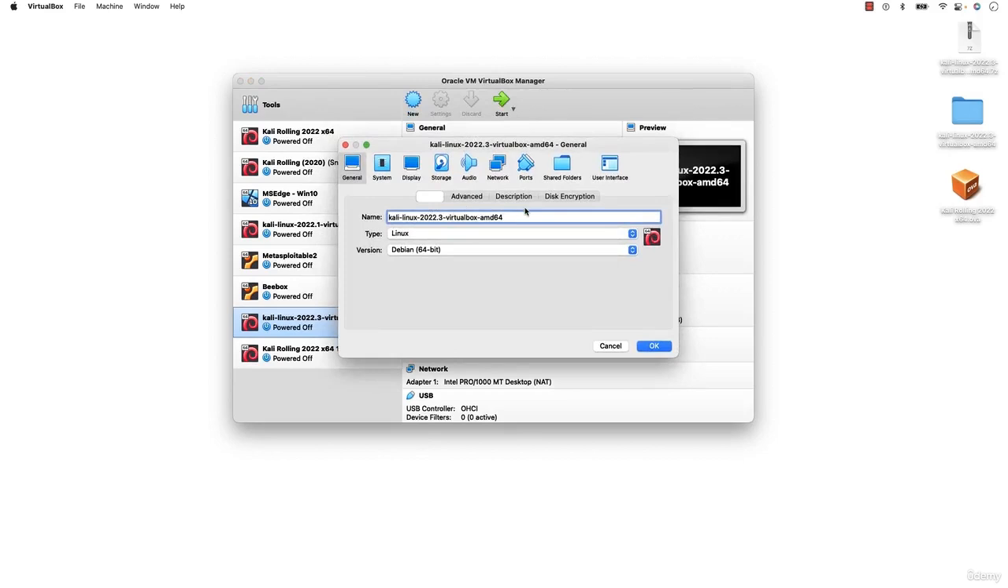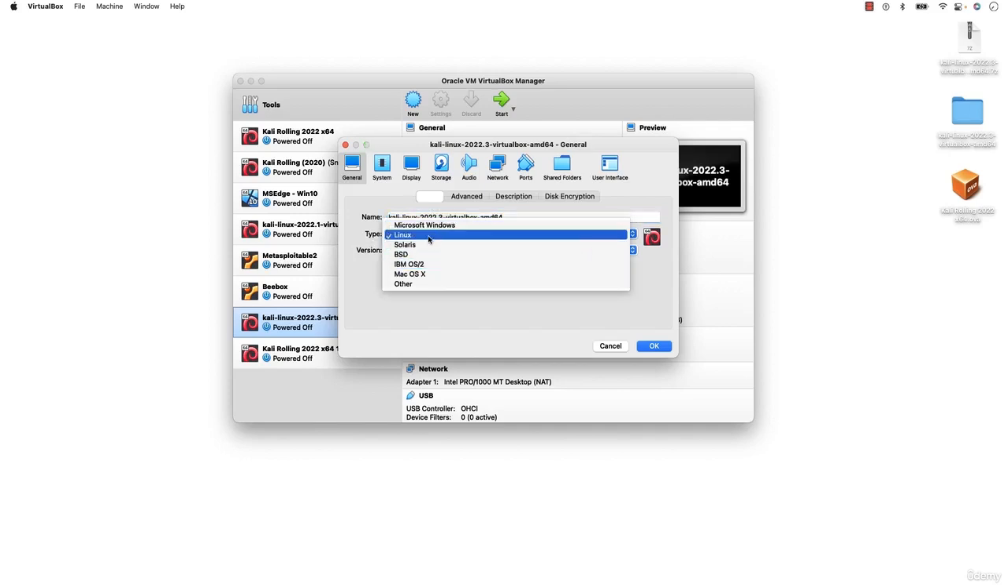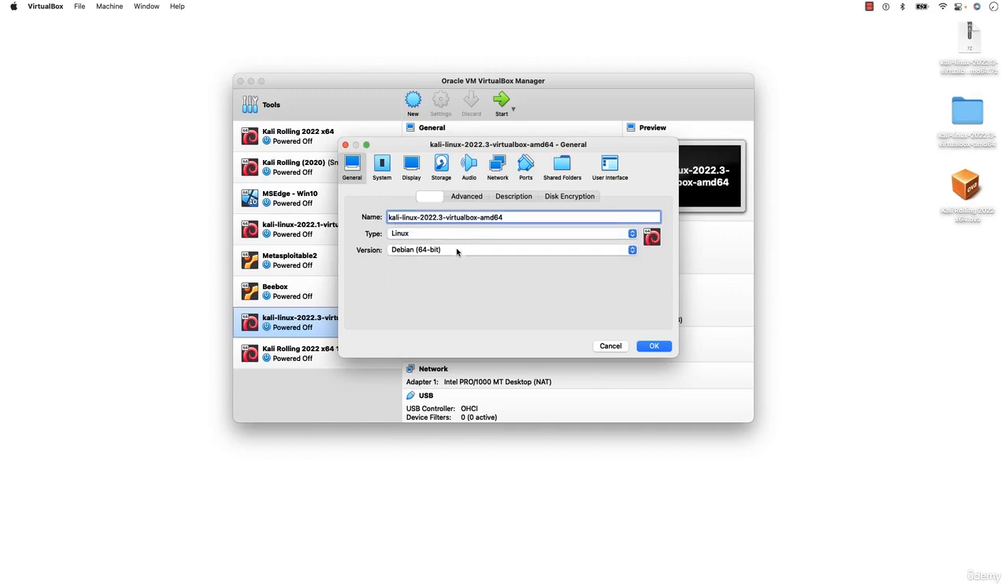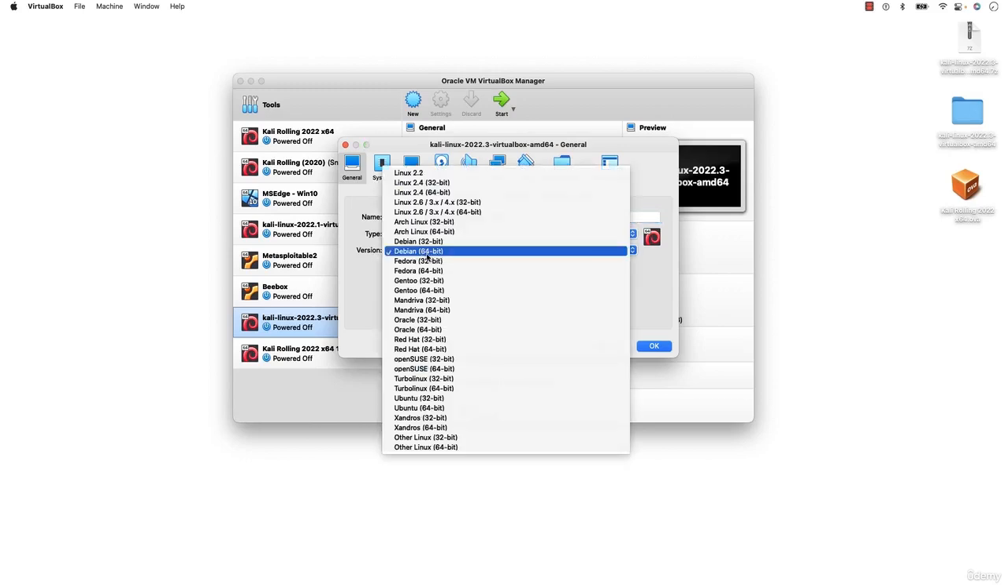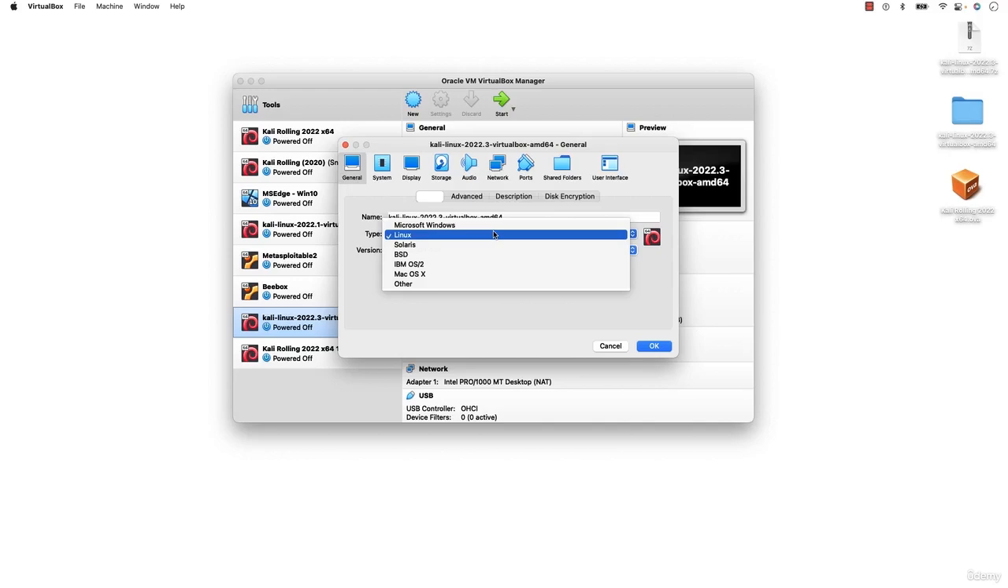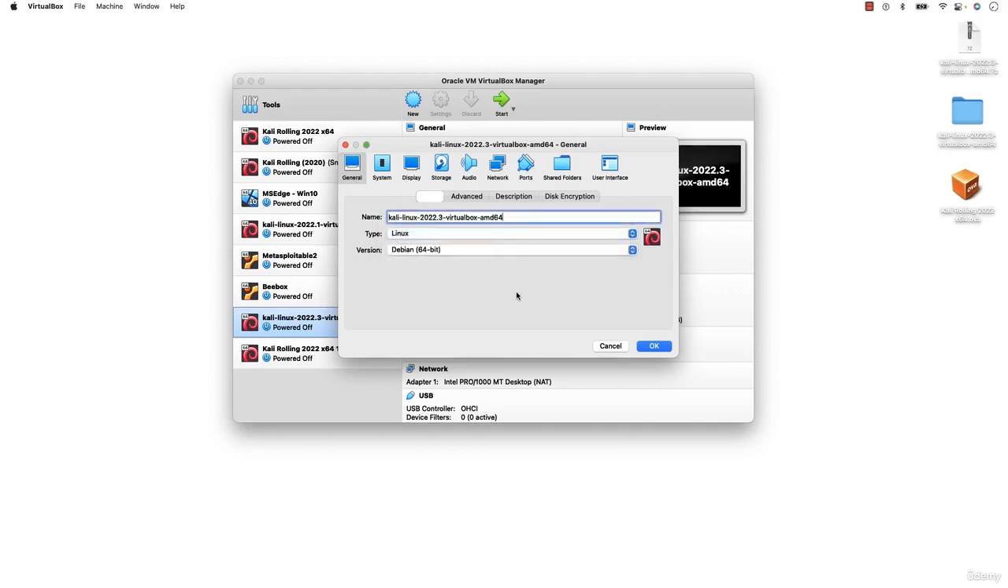First of all, we are in the general tab, and you can even change the name of the virtual machine. You can just make it Kali Linux or something else. The type should be Linux, not Windows, not Mac OS or any other operating system. Then in the version, you have to choose Debian 64-bit. If you're working on a 32-bit machine, then of course you can choose Debian 32-bit. But if you're working on a 64-bit machine, then you should choose Debian 64-bit. Even if you're on a 64-bit machine, if you cannot see the